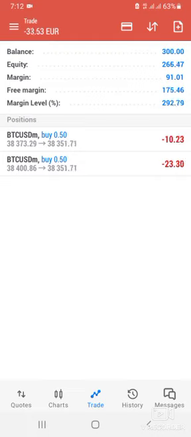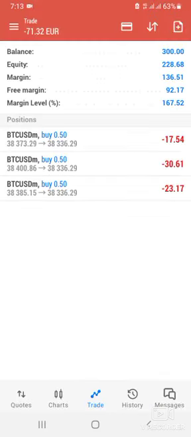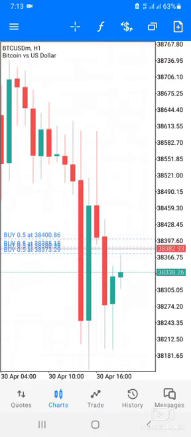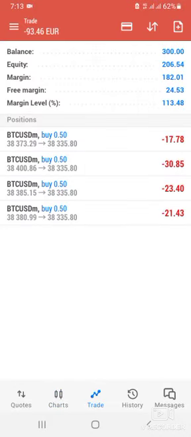Now the free margin is what a broker could give you to trade. If your free margin is 0.00, you can't trade. The free margin enables you to add more positions because the capital is big. So you could keep adding more, so that when you're in profit and the market kickstarts, all you have to do is just close. Currently all these are just losing trades because I'm just teaching you guys how to